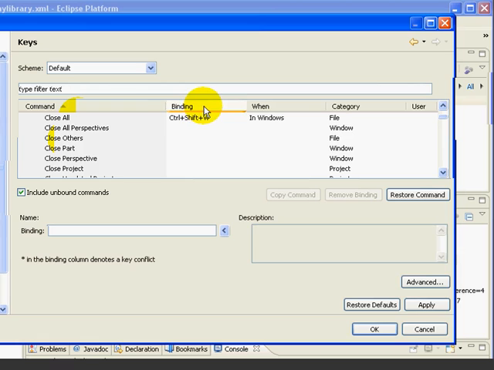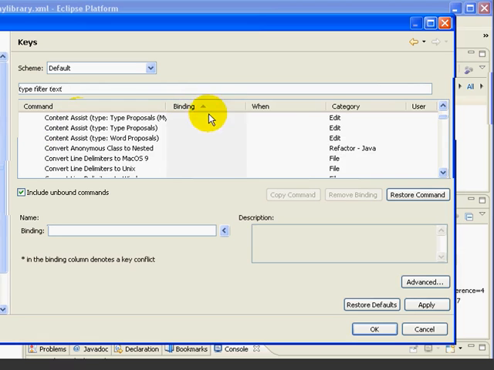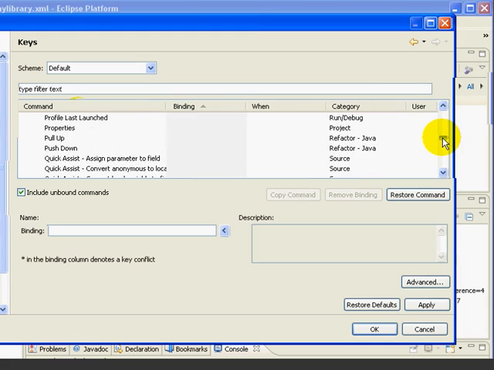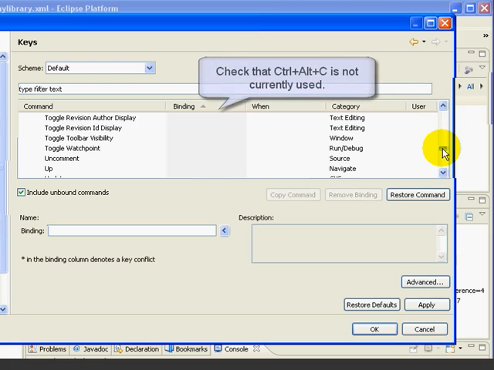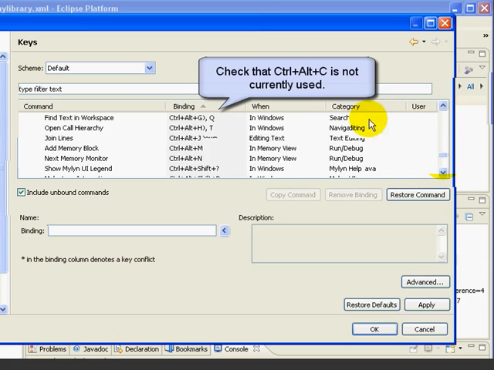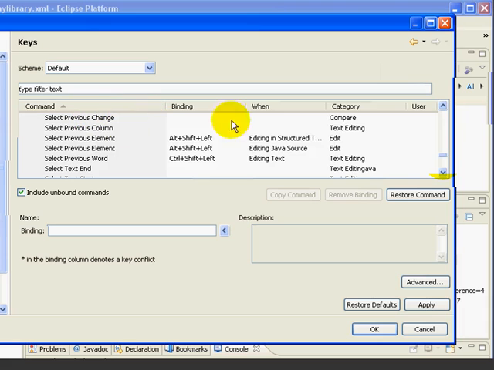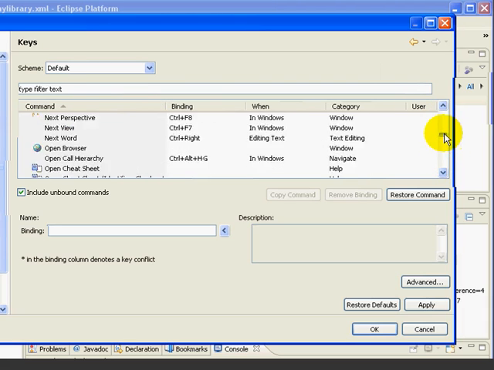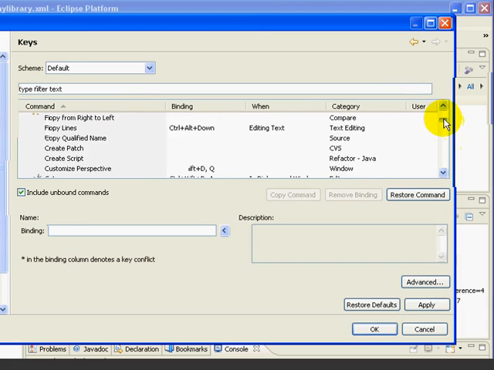Now if we want to be careful, we can click on the binding column to sort by binding, and we can make sure that Control Alt C is not used. So if we scroll down here, we can see we've got Control Alt Down and Control Alt G. So Control Alt C is not assigned. So we'll go back here, again sort by command, come up